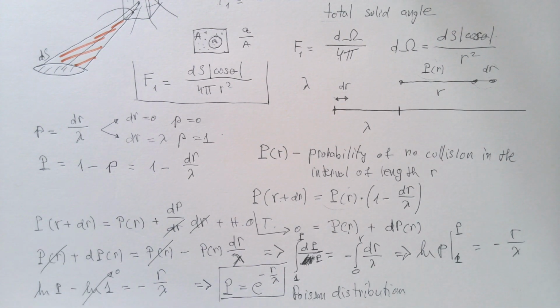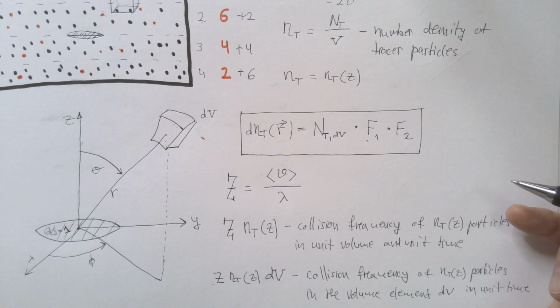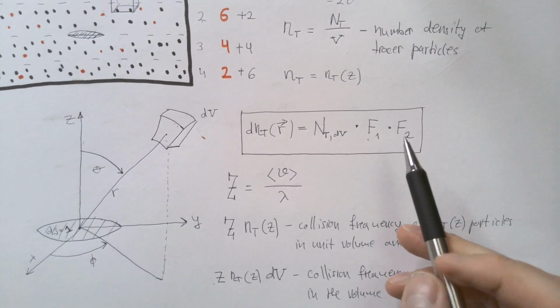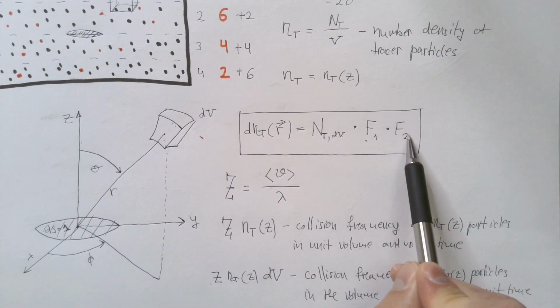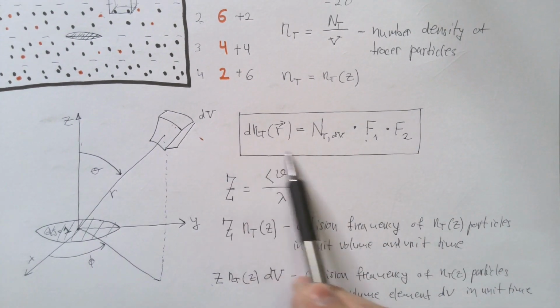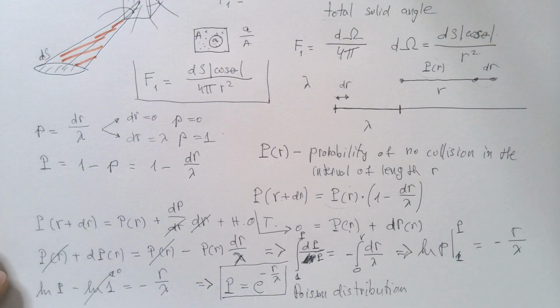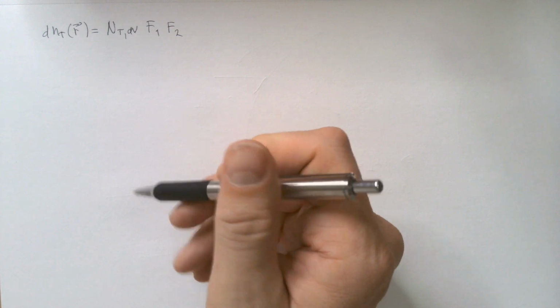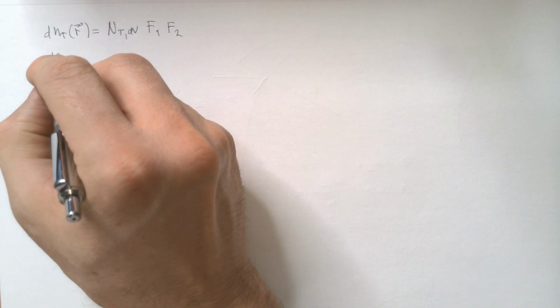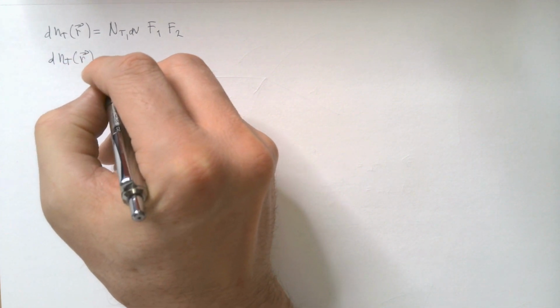And this is our factor f2 in this equation, which means that now we can combine expressions for n t dV, f1 and f2 and write the expression for dn_t of r. And that's what I'm going to do on the next page. We started from this and now we found these three factors, so I can write that dn_t as a function of r is equal